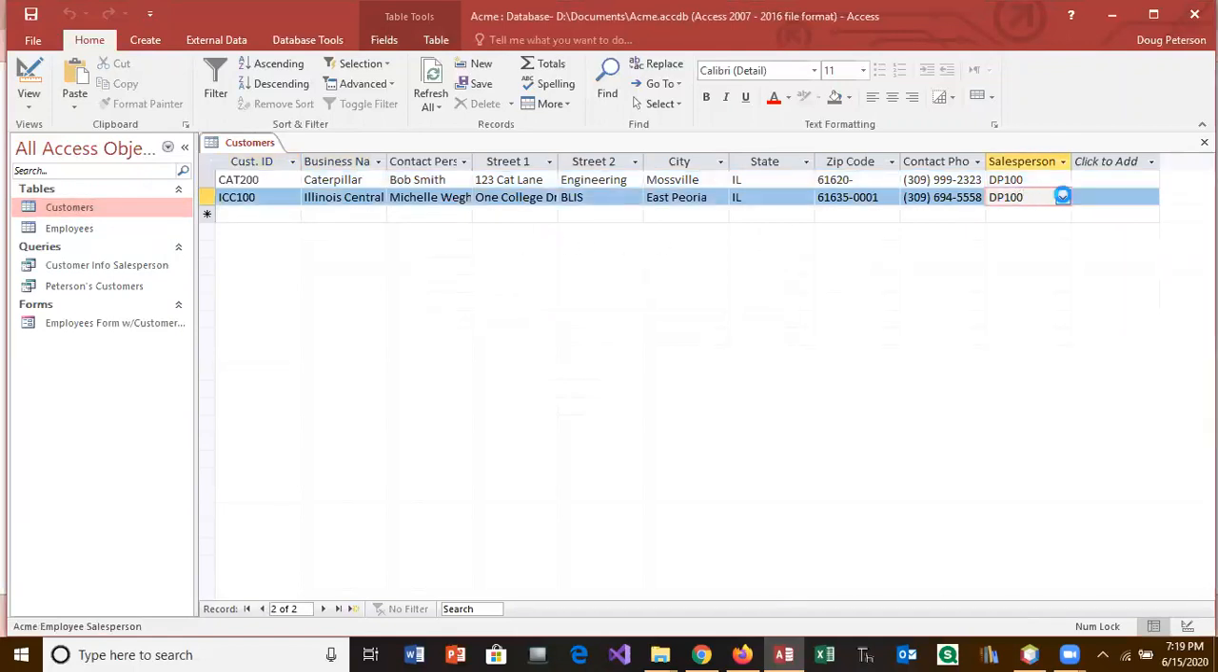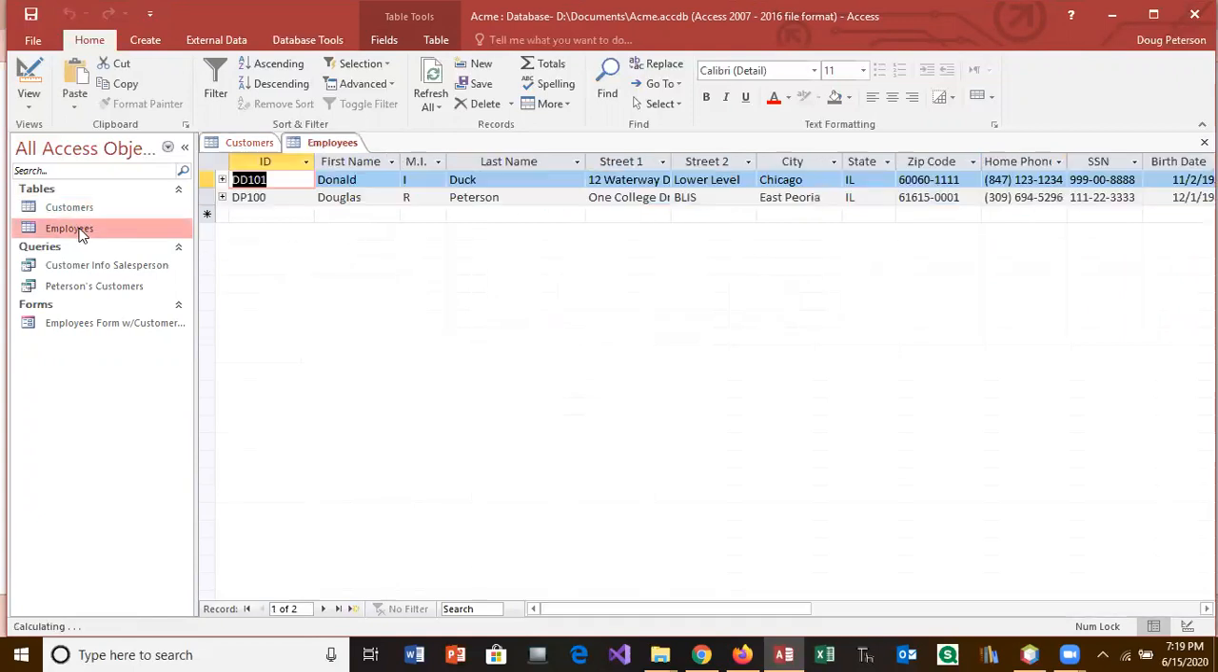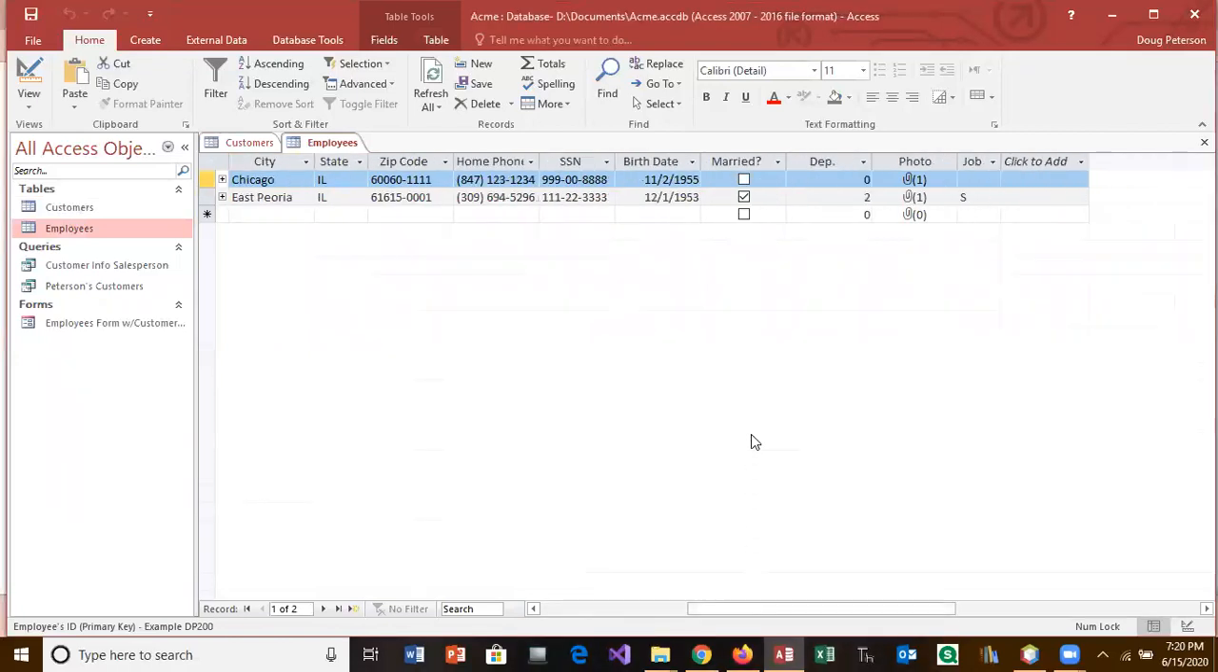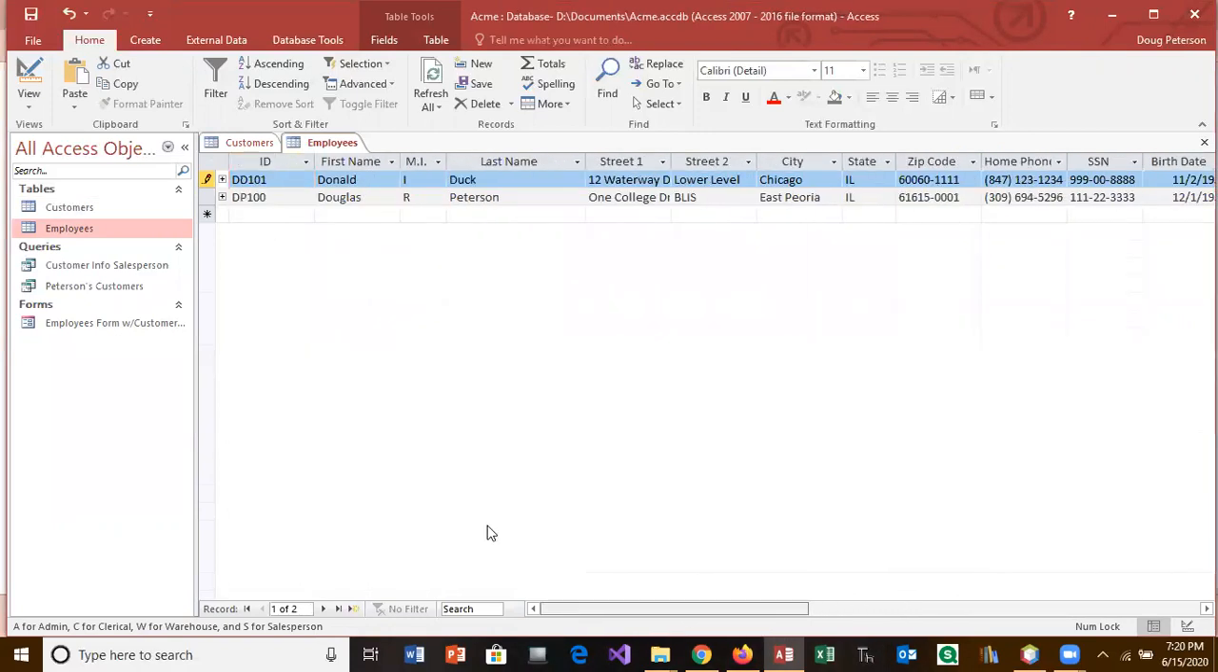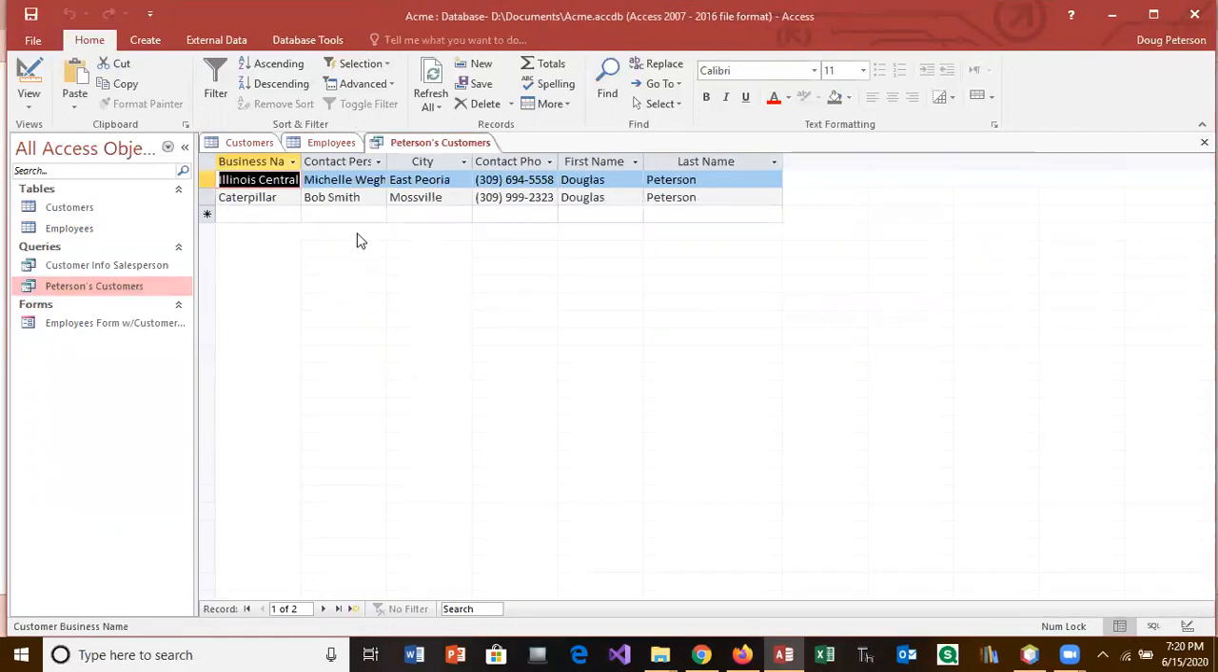I should be able to change this. There he is, Donald Duck. He's now the salesperson. I didn't give him a job, so I'm going to make him the salesperson also. So you'll have 2 of those, and the other 3 are not salespeople. Okay, so now if I go to Peterson's customers again,